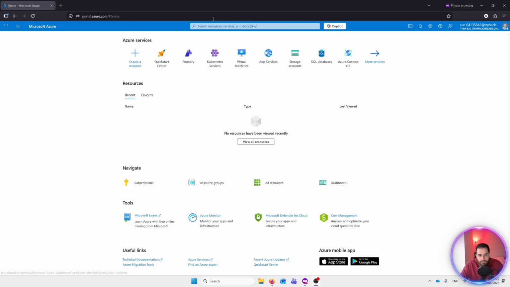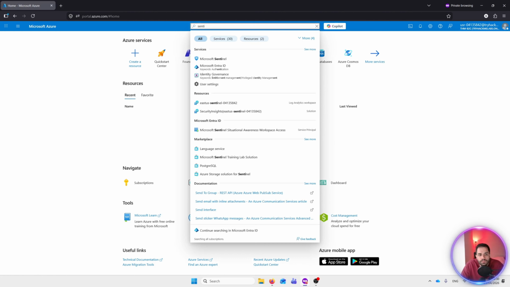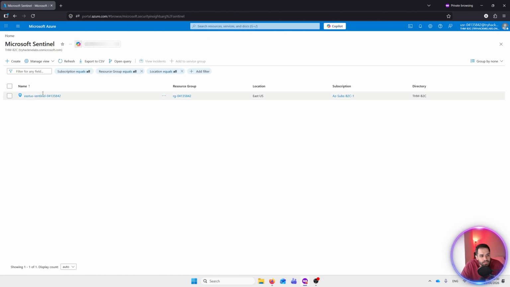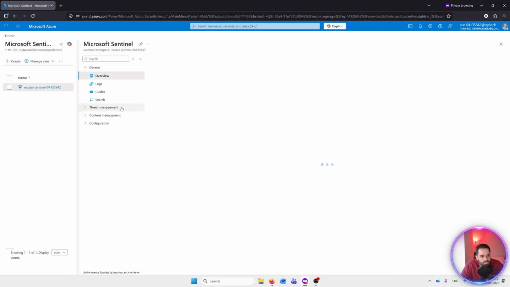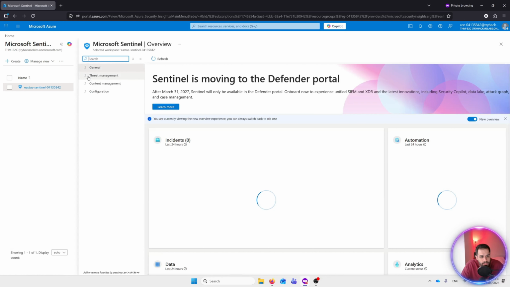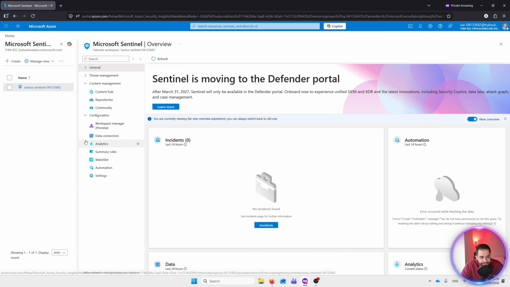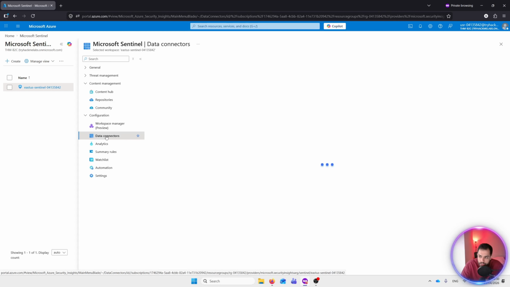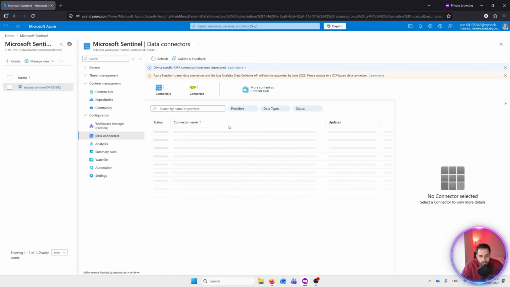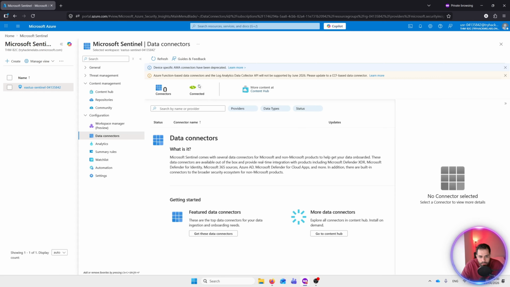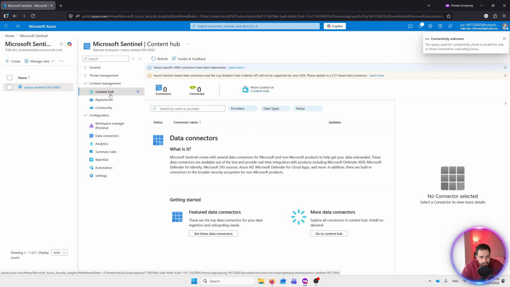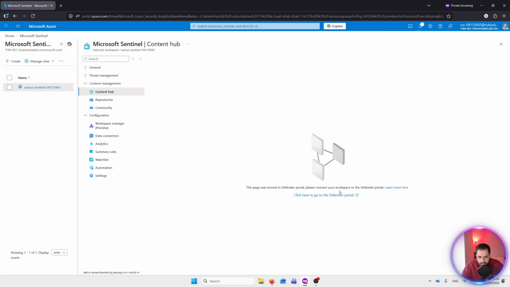So let me go to the Sentinel that I have. And yeah, I have the Sentinel here. Here you can see content management and configuration, so data connectors and content hub. So let's go to data connectors. Here is the place where we can install connectors, and here is the place where there are basically content hubs. The first time that you click here, as we also saw together in the last video,